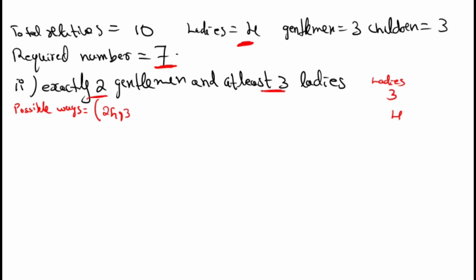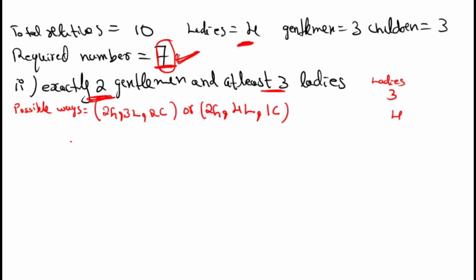Okay, here I'll take 3 ladies. Then what's the possibility? 3 plus 2 equal to 5, but required number is equal to 7, right? So you need to select 2 children. So the gentlemen are 2 only, because exactly 2 gentlemen. Gentleman number remains the same. And I'm taking 4 ladies. 4 plus 2, it's equal to 6. Okay, but we want number 7, right? Total relatives we need to invite is 7. So you need to select one child. Clear? 2 plus 3, 5, plus 2 it's equal to 7, and here see 2 plus 4, 6, plus 1 it's equal to 7.